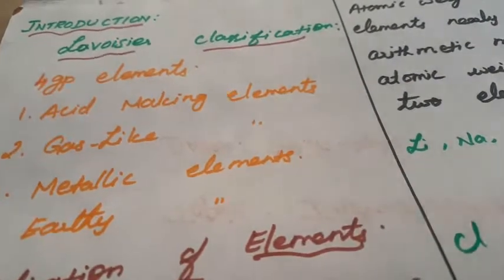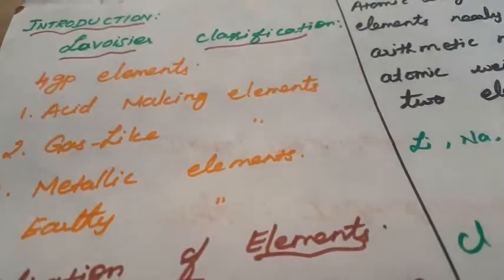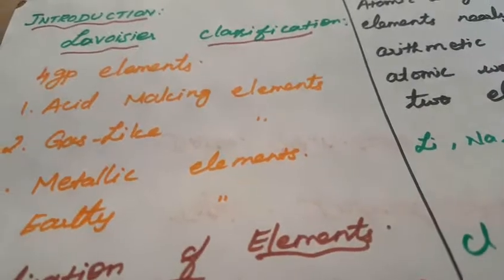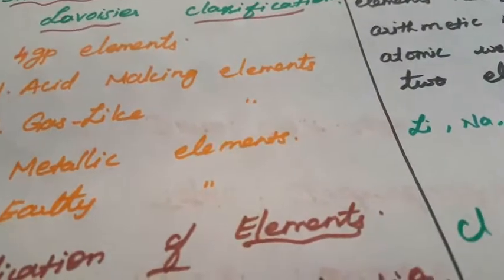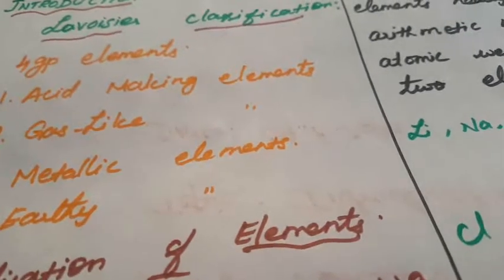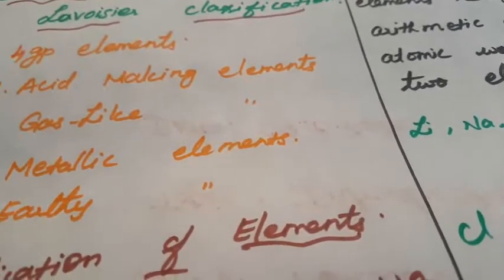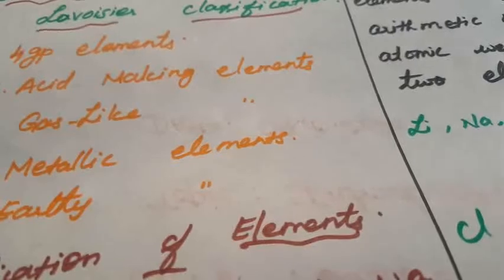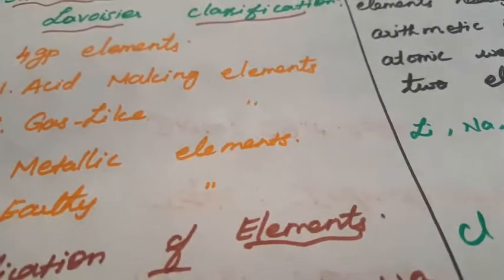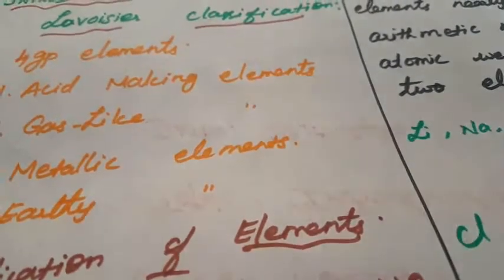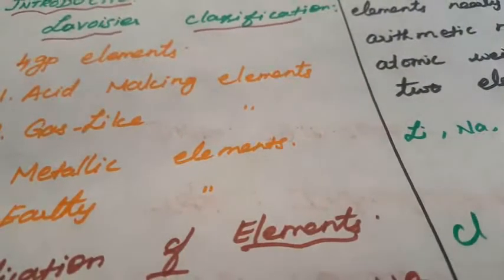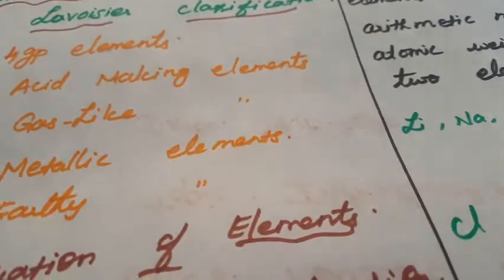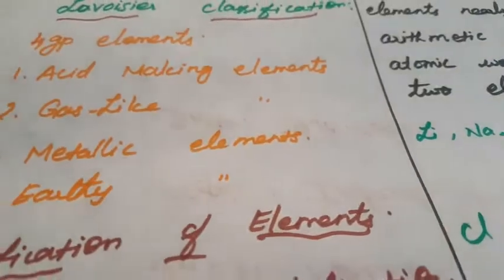And another one is to explain the work on the modern periodic table. What are the outline concepts of the grouping of the elements, how to name them with the IUPAC name, and how to classify the elements into s orbital, p orbital, d orbital and f orbital. Later on we are going to learn what is meant by effective nuclear charge, what is meant by atomic radius and ionic radius, how they are classified, and what are the anomalous properties of the periodic table.